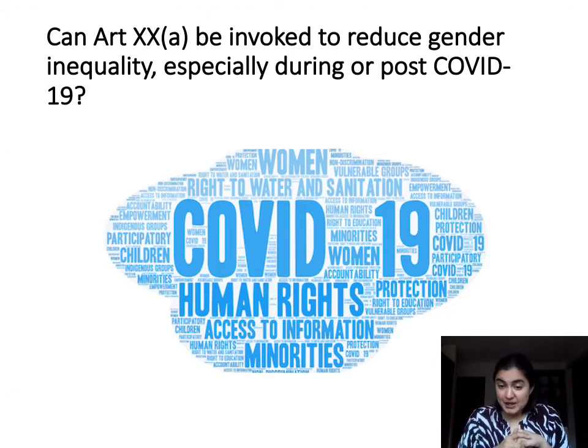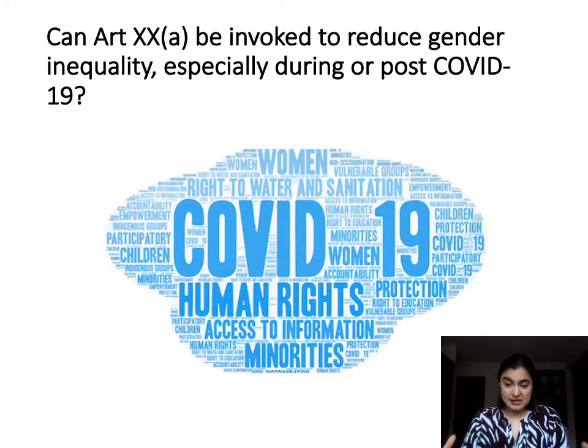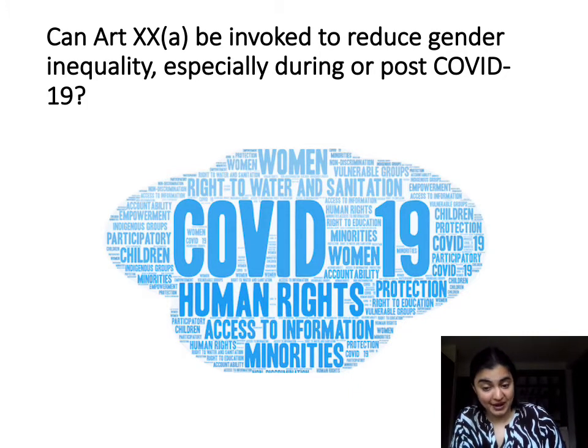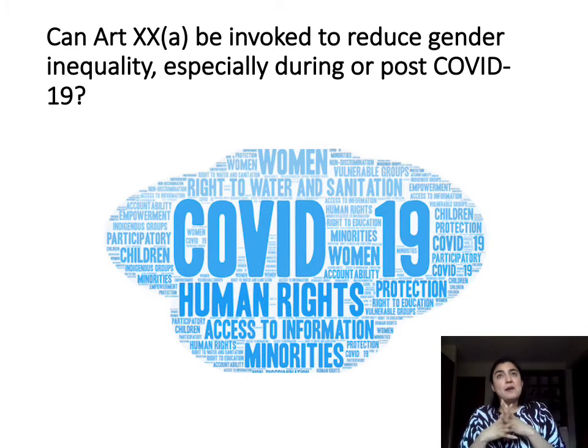So now the question is that public morality or Article 20A pretty much allows you to argue or invoke this exception for anything and everything, as long as you can justify that this amounts to your public morality concern, right? It's a very broad exception. So my question to you is, and I want you to pause here for a second and think about this. My question to you is,